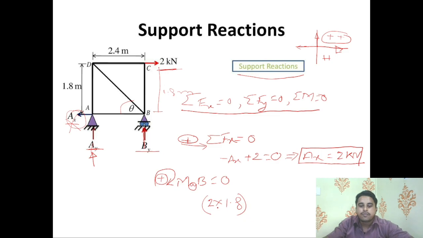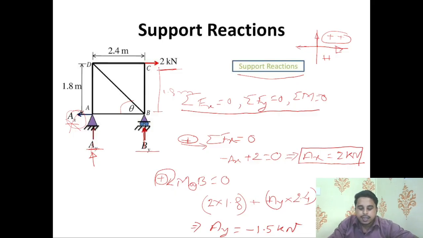And what is the moment for Ay? The distance is 2.4. So Ay into 2.4. So from here we can say the sum is equal to 0. So from here we can have Ay, the value of Ay will be minus 1.5 kilonewton. Okay, now